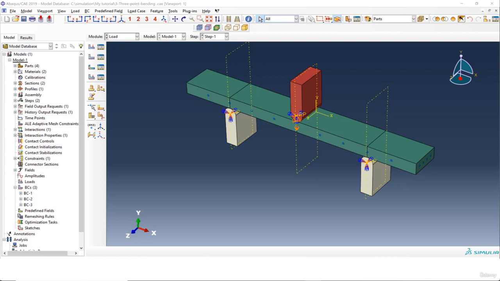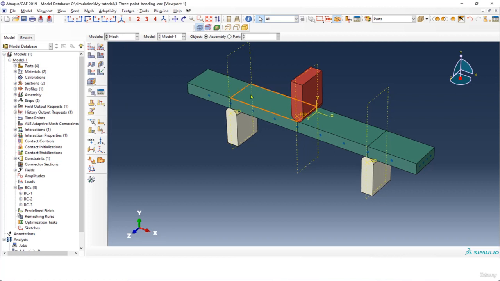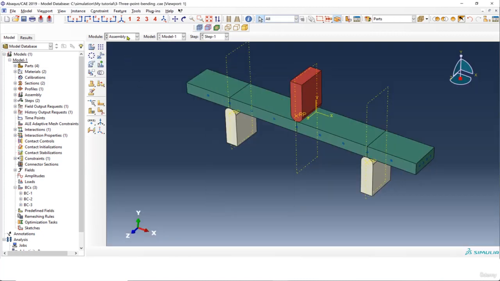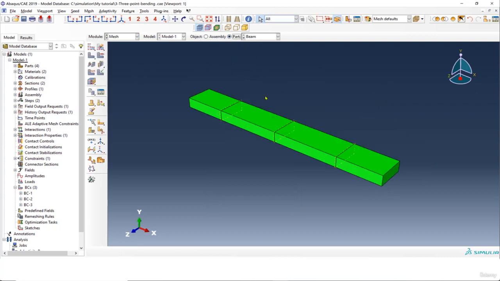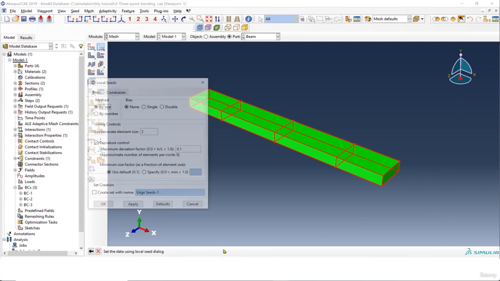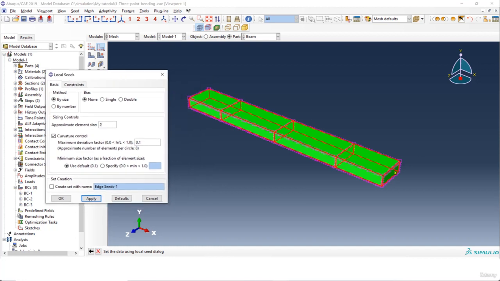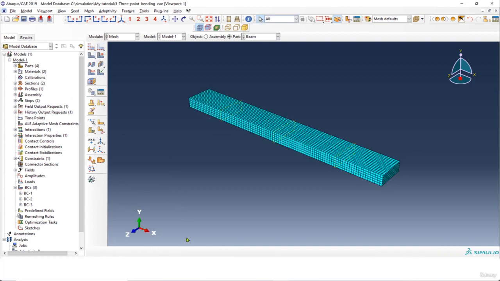So now from the top, go to the mesh section. From the object we have to select part, because in the assembly section we selected dependent, so it's going to be mesh on a part. So I'm going to go to mesh and part. So we have to apply a mesh individually. As you can see, our beam is colored green, so it's going to be structured mesh. So if I go here, seed edges, select everything, click on done, and select the approximate size 2, and I think this is fine for this example, and click on OK, assign a mesh, say yes,